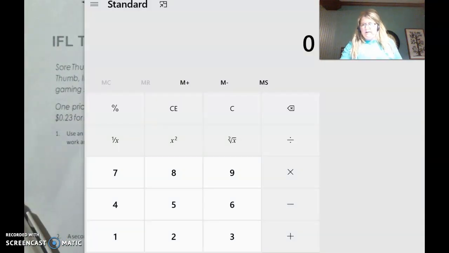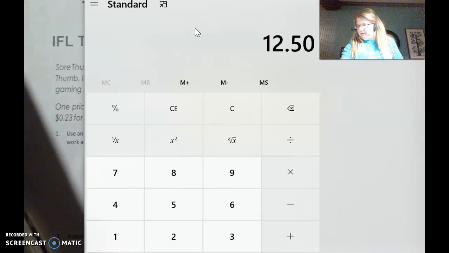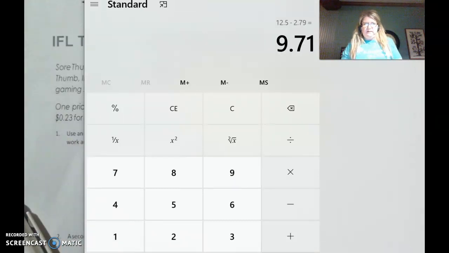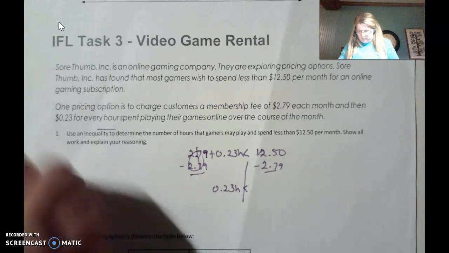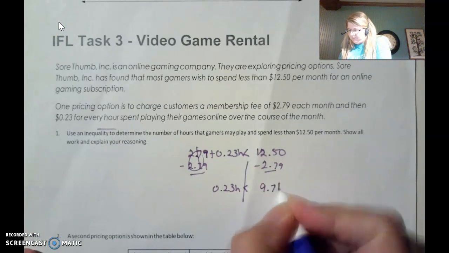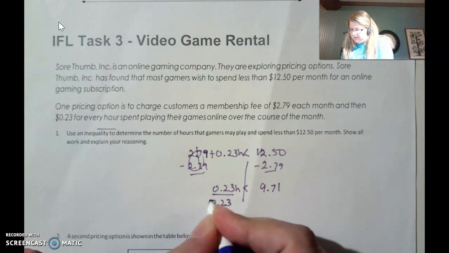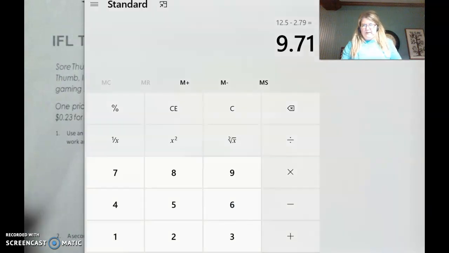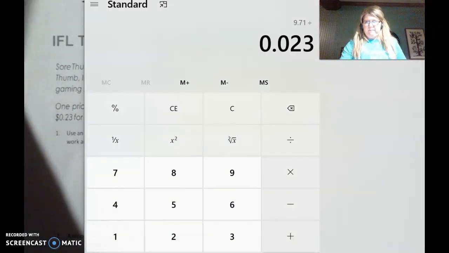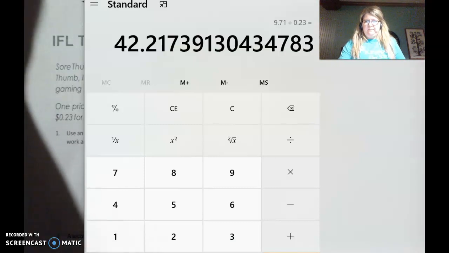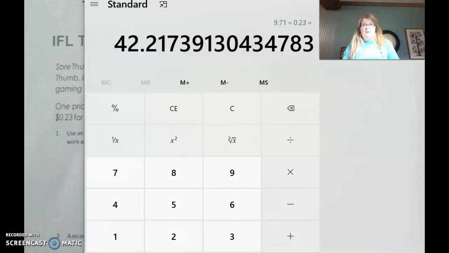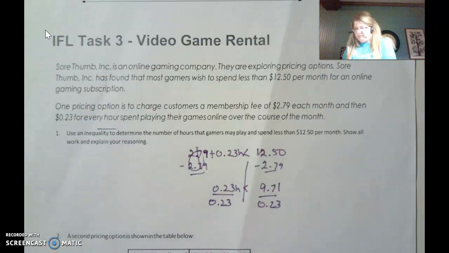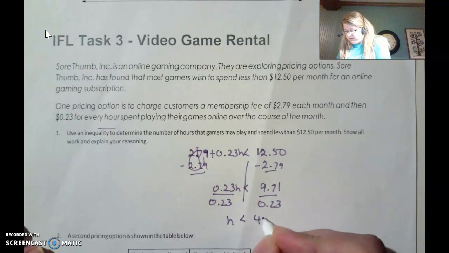I opened a calculator to make this a little easier. So we're going to do $12.50 minus $2.79, $9.71. And then we would divide that amount by the 23 cents per hour. So let's pull that back up. That's huge. So let's just put 42.2 hours need to be less than